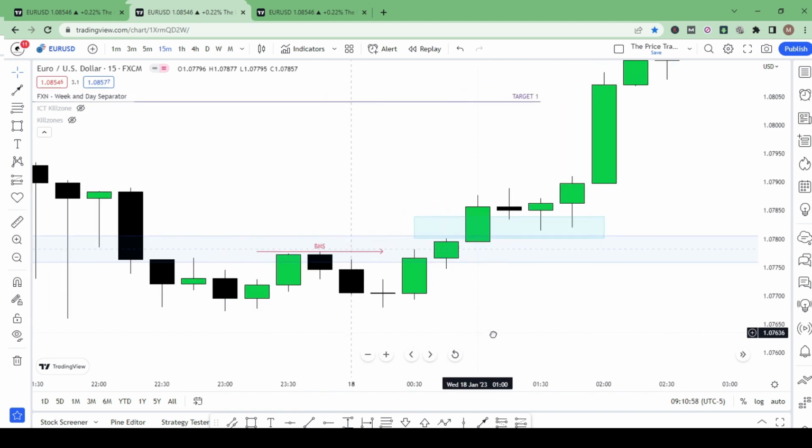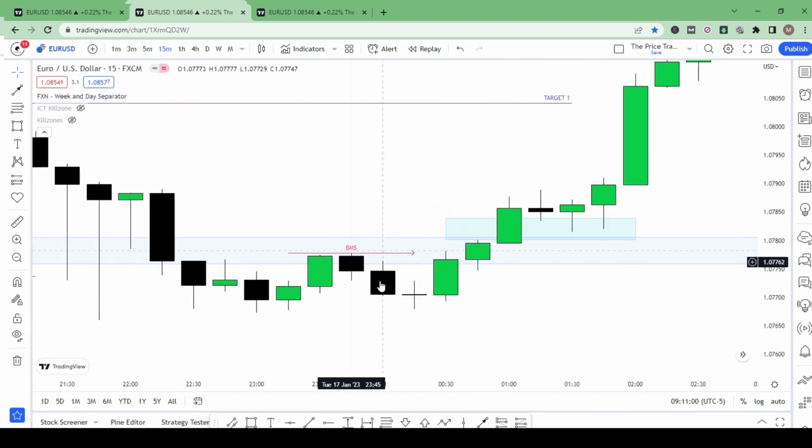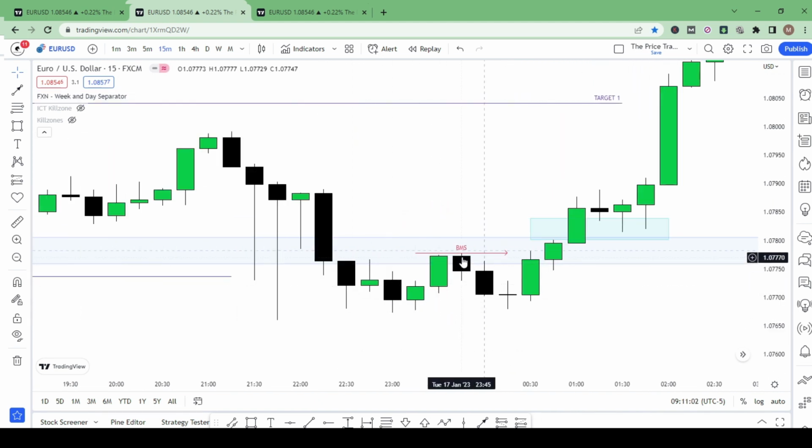So once liquidity was taken out, we are seeing that the market actually created this high, and then it started dropping, then came and took out this high. So once this high is taken, that's what we're calling a break in market structure. So once you see this break in market structure, you want to see also the market leaving an imbalance on